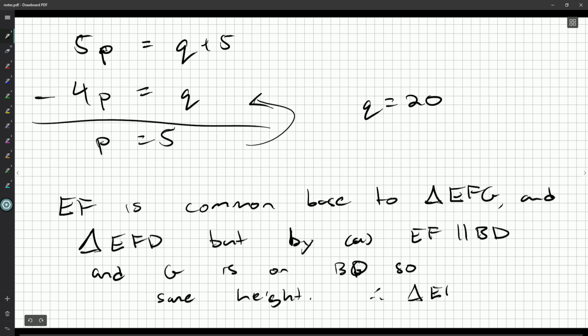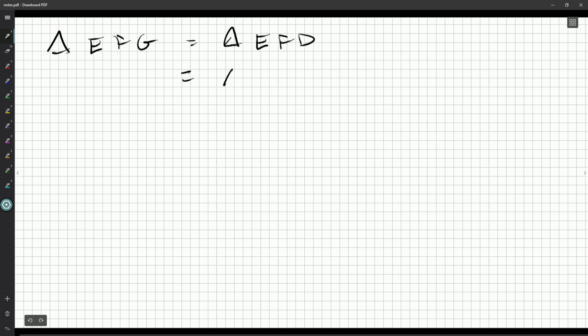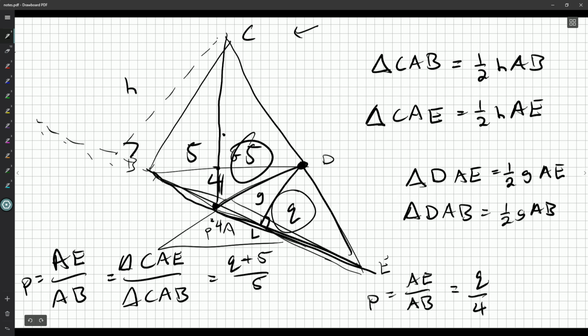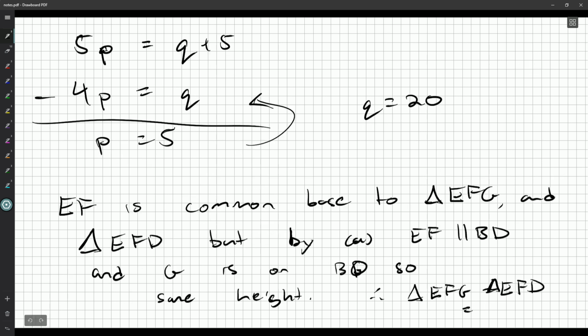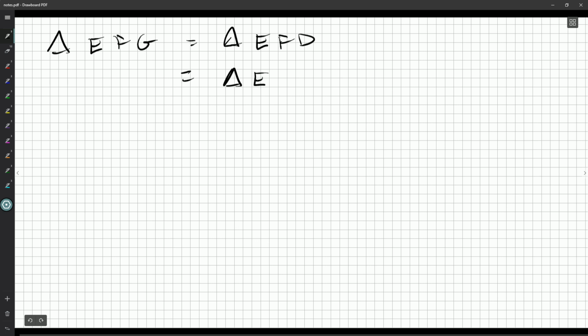Therefore, the area of EFG that we seek is the same as EFD, which we can break down into DAE plus AFE. And this is going to be Q plus 4P squared